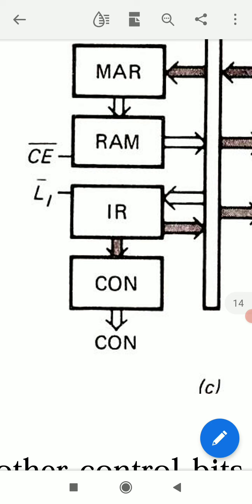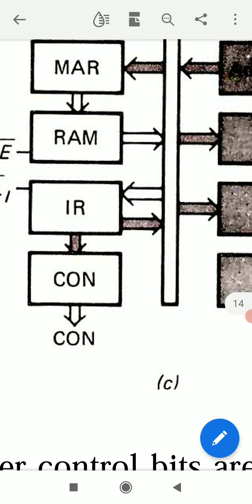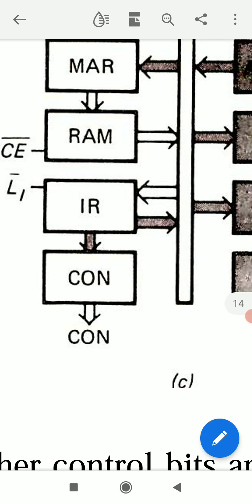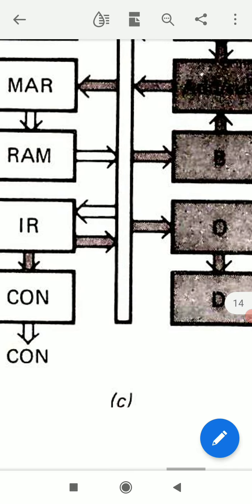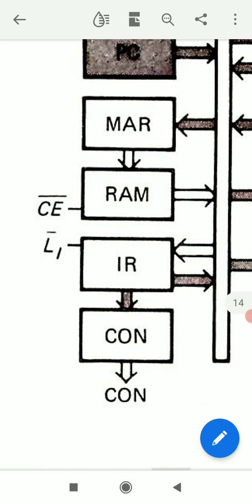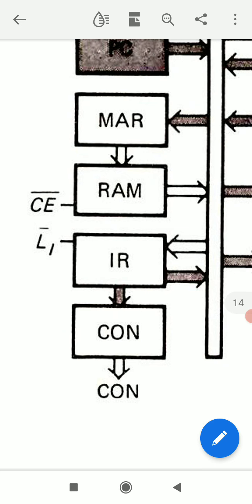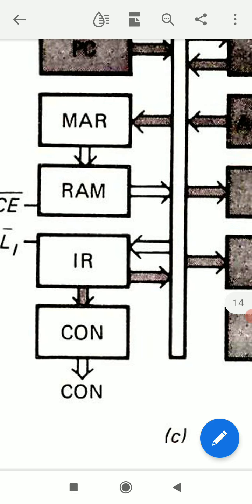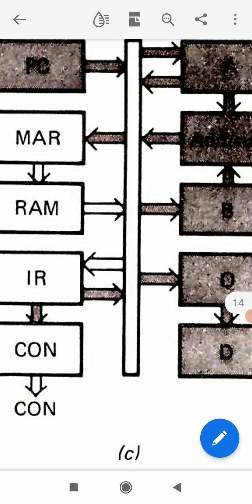This enables the word in this memory, in RAM, to reach the W bus. So when CE bar is active, chip enable is active, the instruction from RAM is transferred to this W bus,